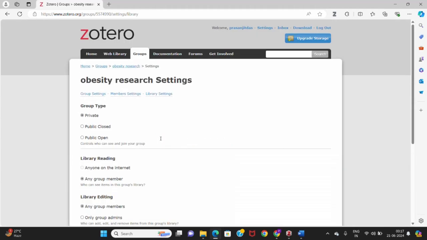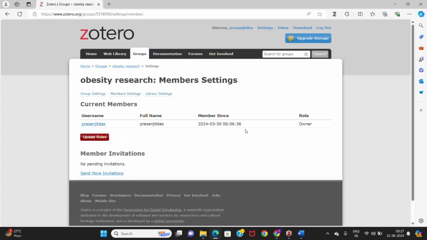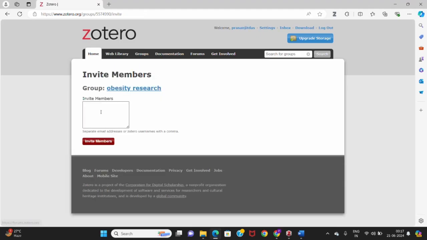Click on save settings. Then the next thing is to go to the member settings, in which you can see that I have created this, so my role is assigned as owner. Now I will be sending the invitations to other individuals. You will have to click on this and then type in the email address